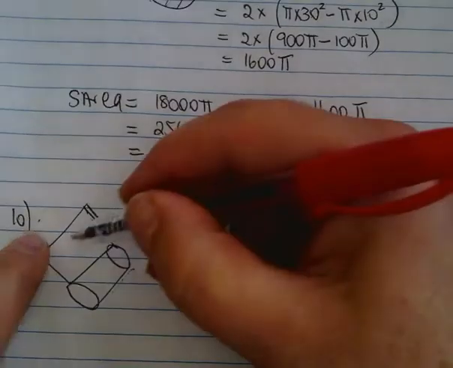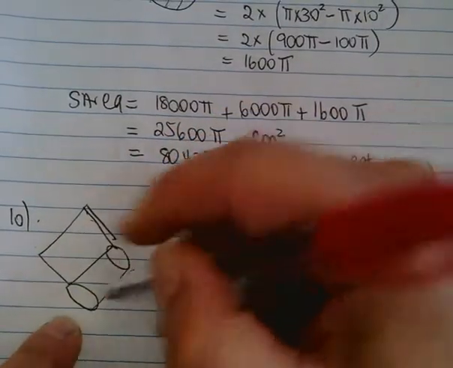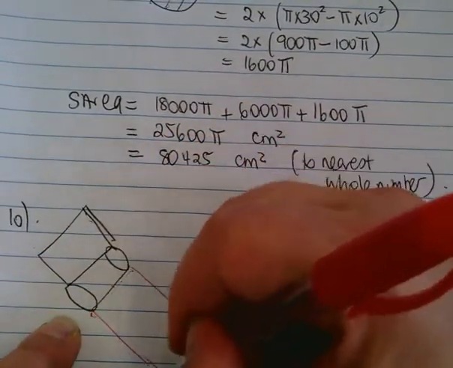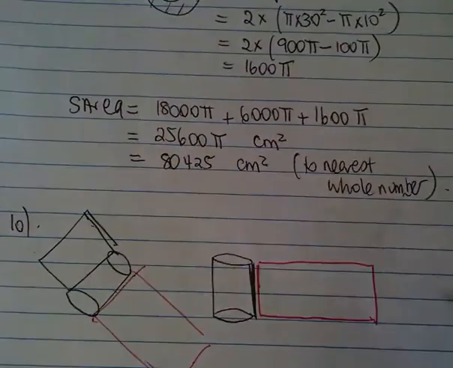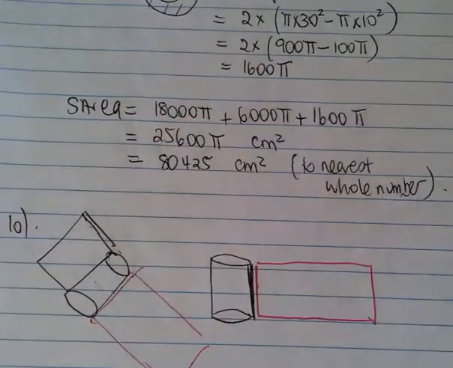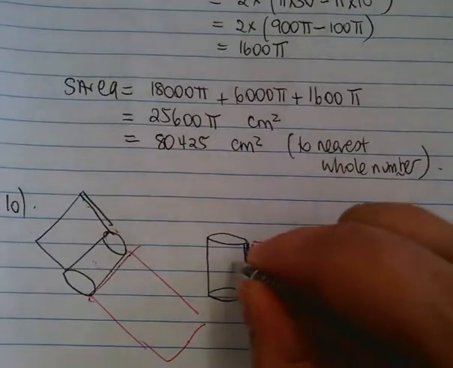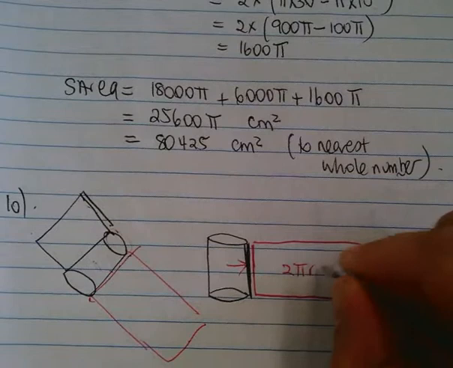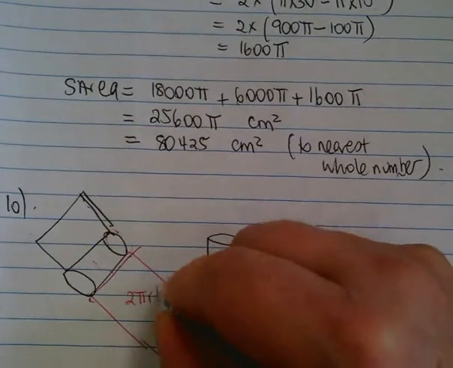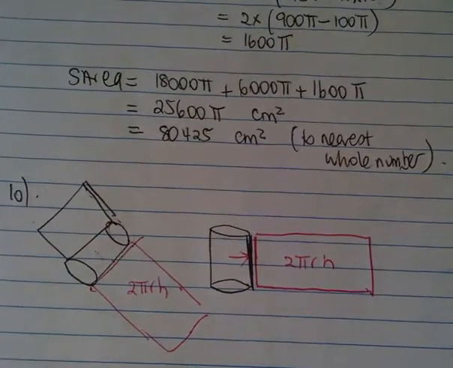That's what you would have rolled over. Just think you're moving with a roller, you're rolling. You'll end up rolling a rectangle beneath you. So basically, you're working out the area of the curved surface, which is 2 pi rh. Okay? So when you roll the roller, you end up with 2 pi rh. So that's the idea that you use in